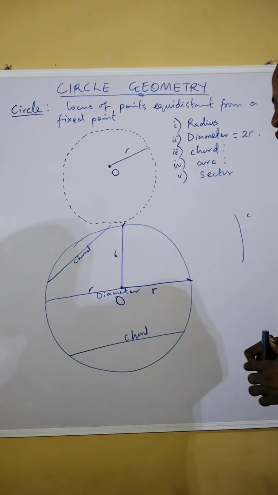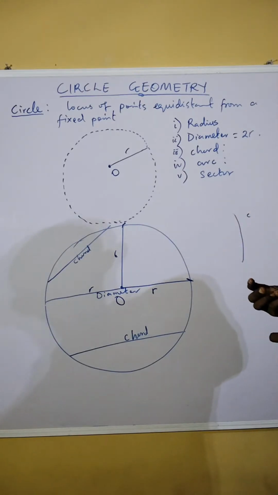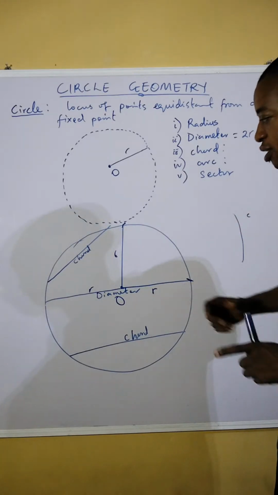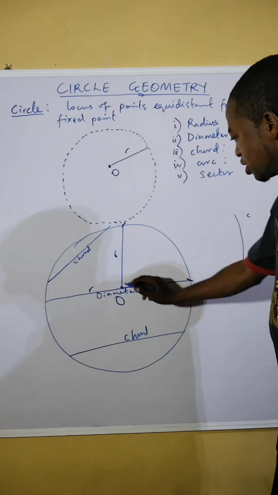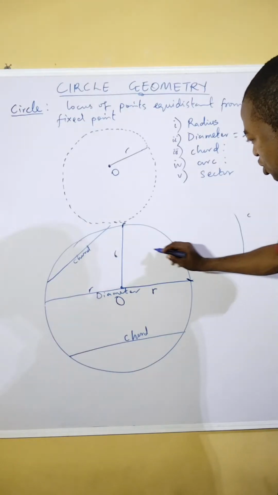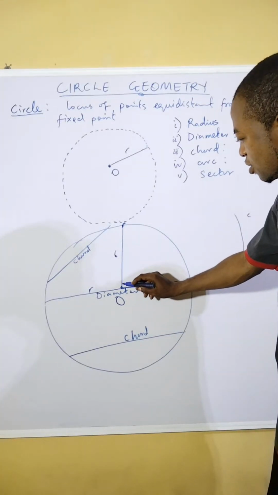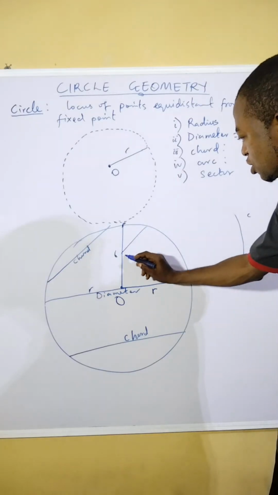A sector is a region bounded by two radii and an arc. Let's look at it here. We have a radius, making two radii. Then an arc. This region, which is bounded by this, is going to be shaded now. This region here now